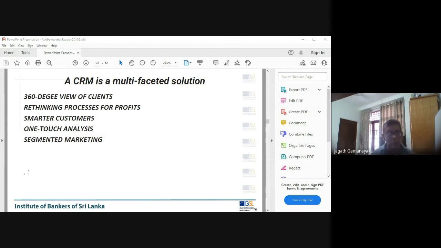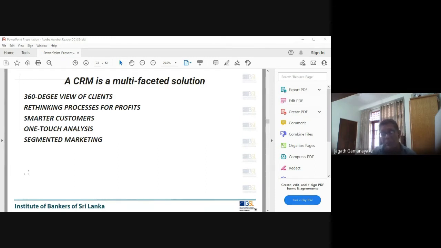Now a new insurance company came up with 360-degree insurance, covering every aspect of the customer. Likewise, CRM, a bank CRM, tries to provide a 360-degree view of clients. Now we learn in HR also, we learn 360-degree analyzing, 3D performance appraisal, where you know